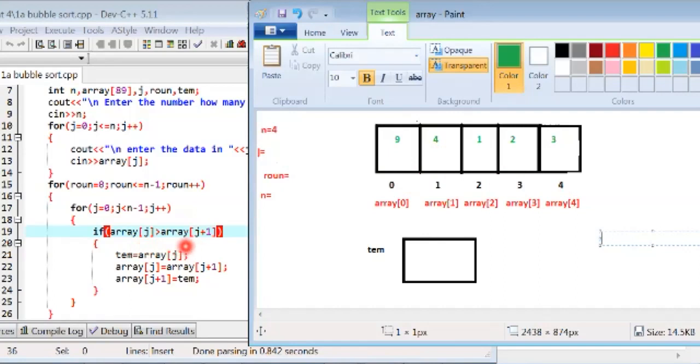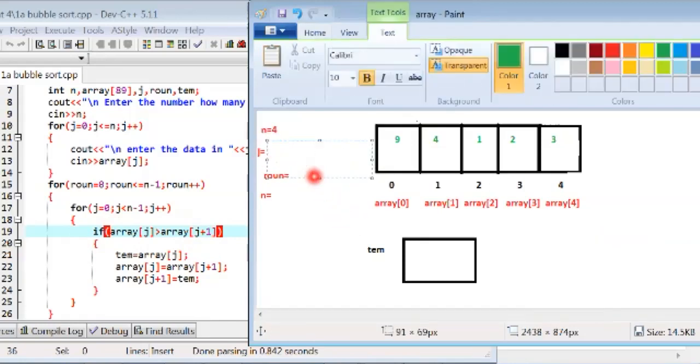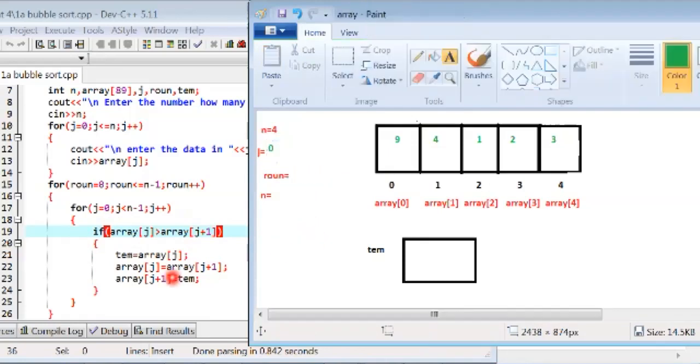If array j is greater than array j plus 1. The starting value of j is 0. The value of array j is 9 and array j plus 1 is 4. Then this is a swap: temp equal to array j.